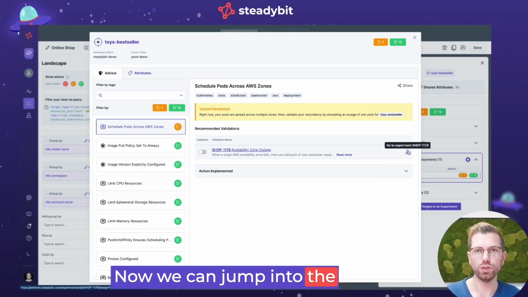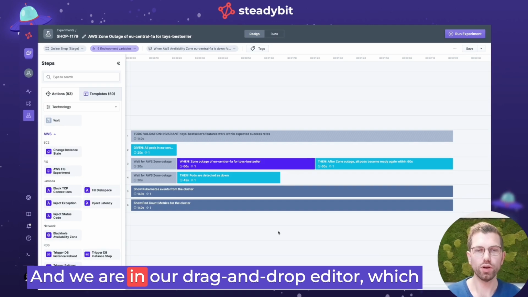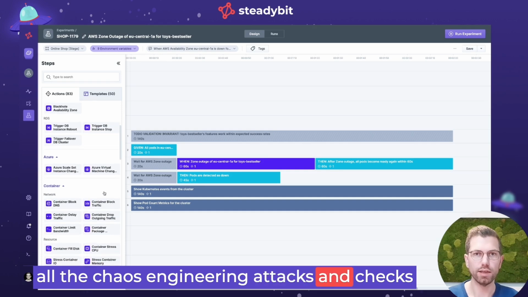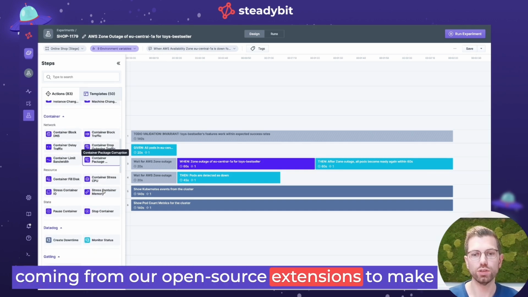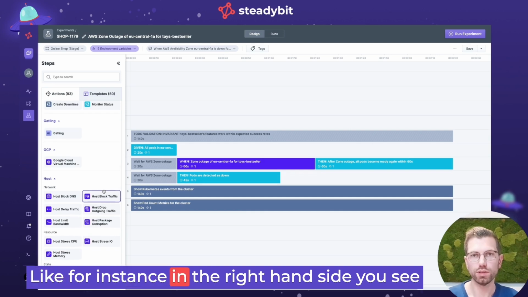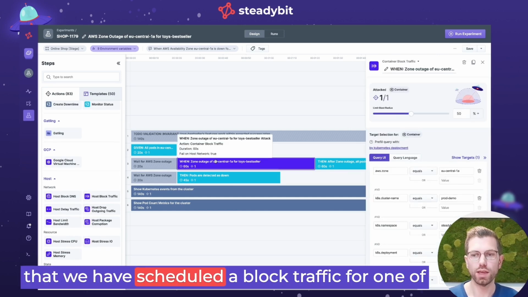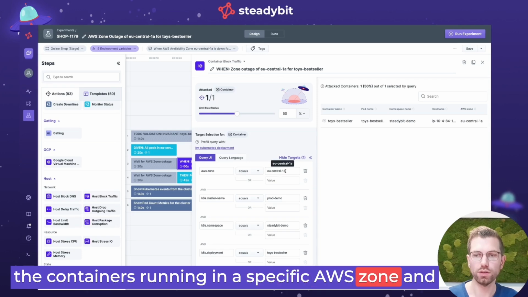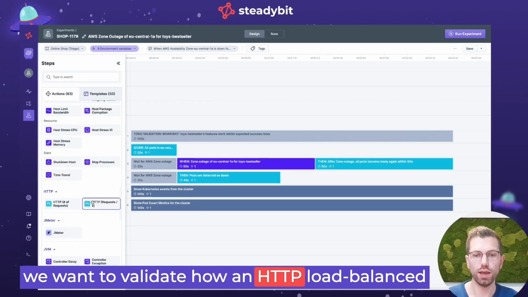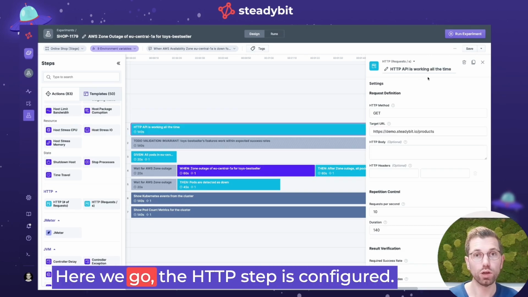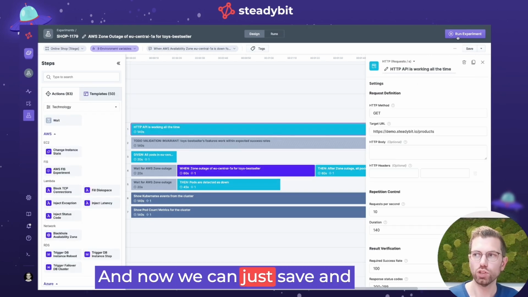Now we can jump into the newly created experiment, and we are in our drag and drop editor, which is timeline based and makes it really easy to use all the chaos engineering attacks and checks coming from our open source extensions to make the scenario look like how you're intending it. For instance, on the right hand side, you see that we have scheduled a block traffic for one of the containers running in a specific AWS zone, and we want to validate how an HTTP load balanced endpoint is handling this zone outage. Here we go, the HTTP step is configured, and now we can just save and run